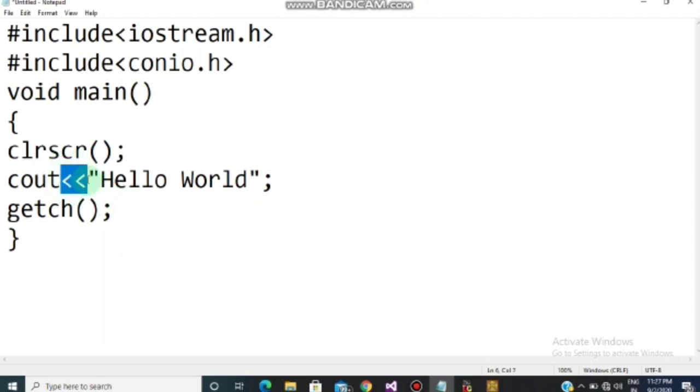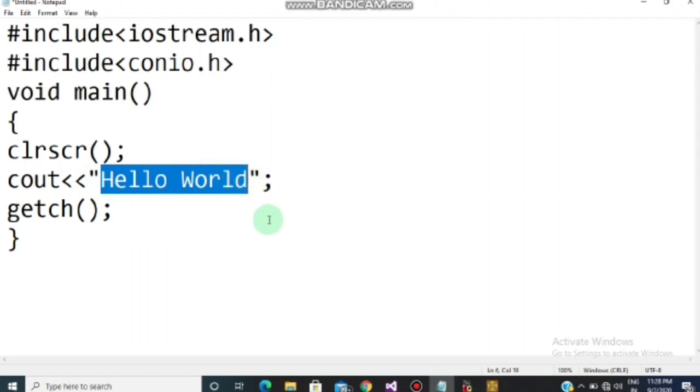Please understand that these cascading brackets play a very important role, because many of you will get confused, I'm damn sure, because children of your age make mistakes when they put the cascading brackets with cout and cin statements. So you need to learn this. For cout we use this cascading, means the less than sign, less than less than. Then after this what I have written is hello world. Hello world is basically the sentence that I want to print on the screen.